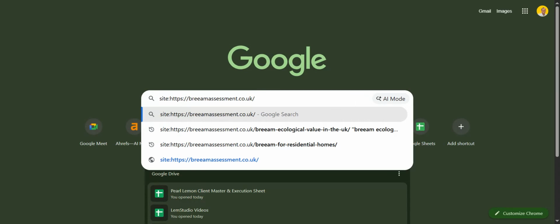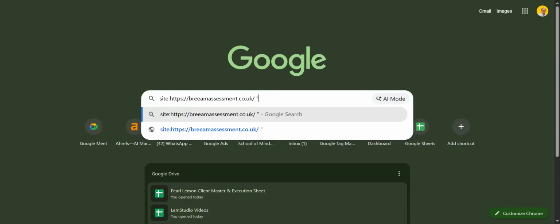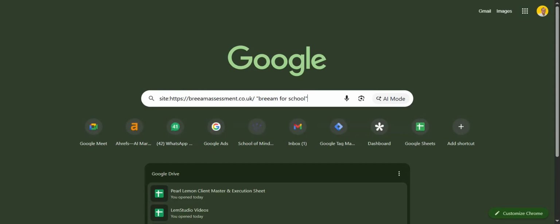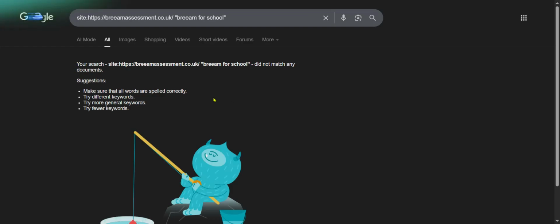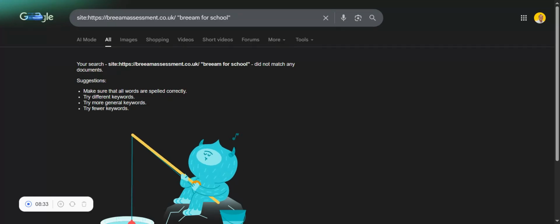and then beside that we put in quotes Brim for education, just making sure that's the name. Okay, it's Brim for schools. So we put in the topic, a partial match to the page title, and then we search Google for that, and this will tell us if. So as you can see, there's a high chance that there are no internal links to this page,